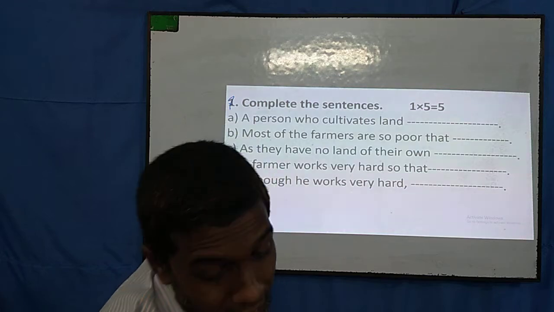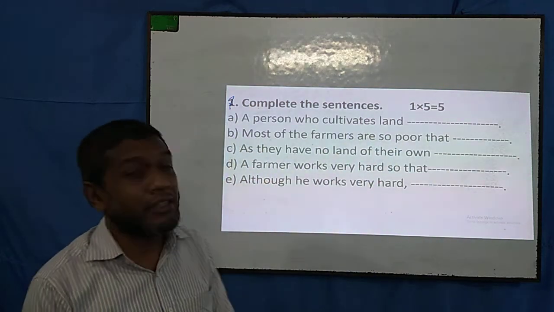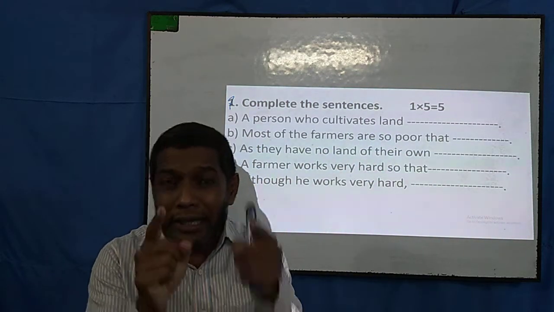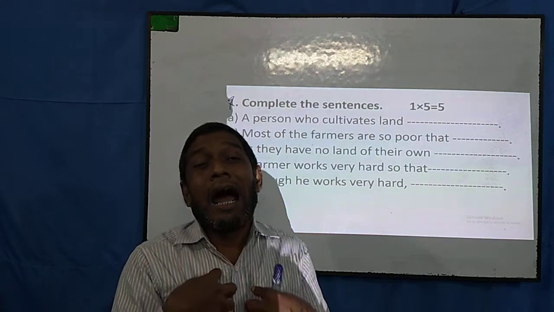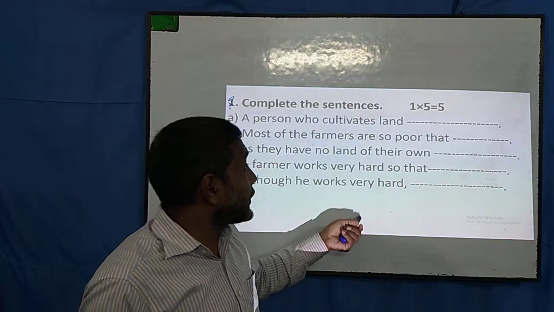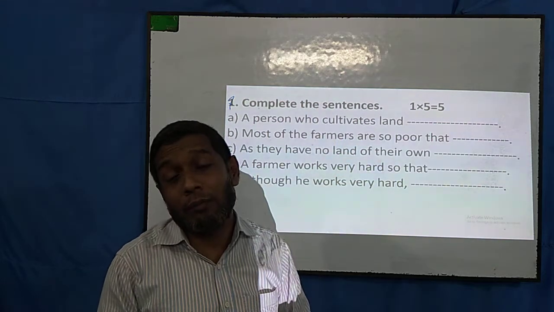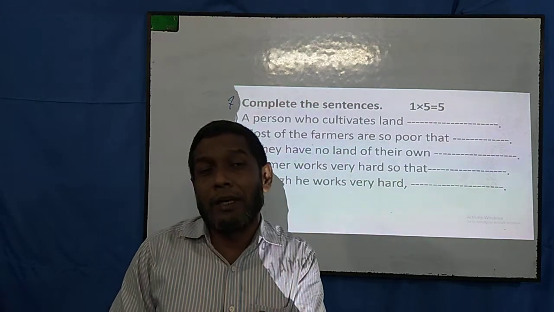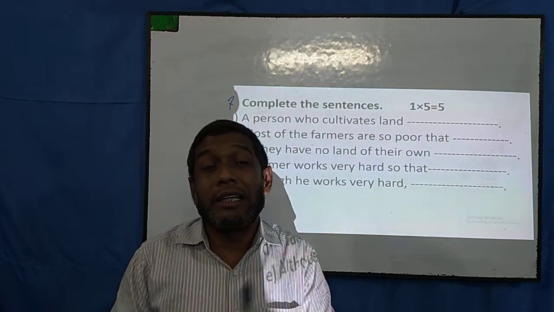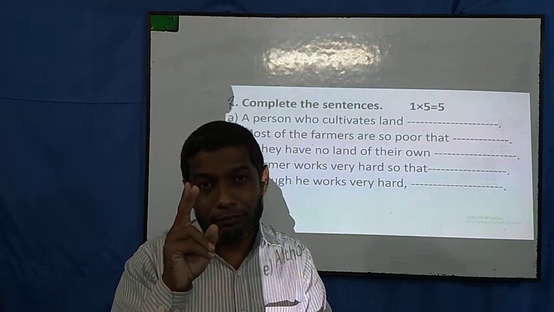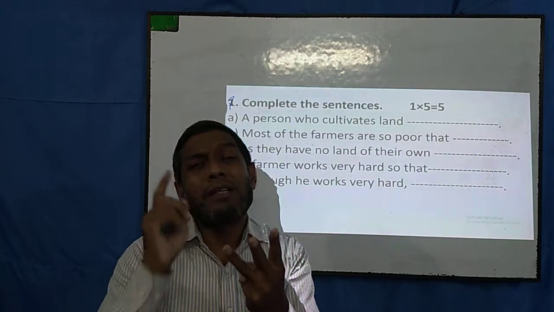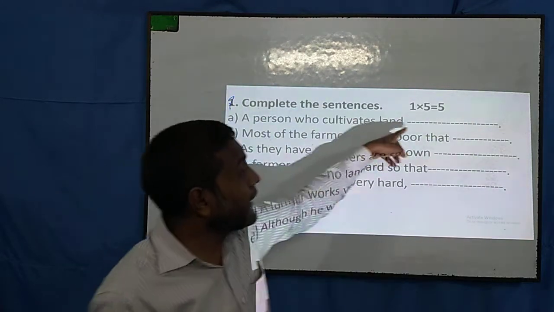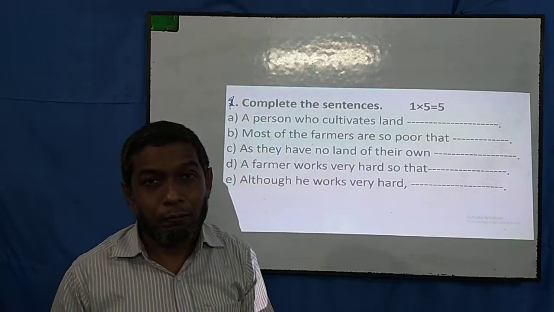So dear students, just before going to the questions, I would like to remind you of just 3 rules. So far as I can remember, I discussed these questions with you in the completing sentence topic. So far as I can remember, I told you 31 rules in total. But among them, only 3 rules are very important for a student to write the answer correctly. Number 1,